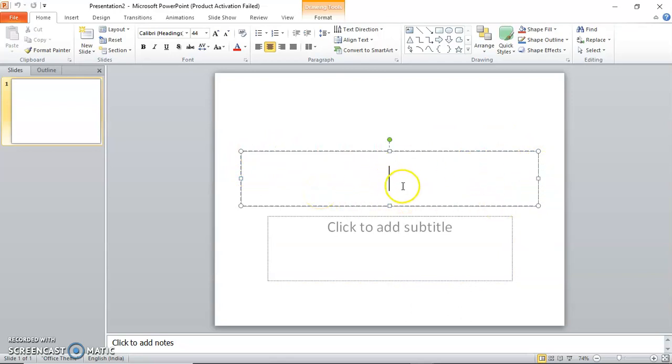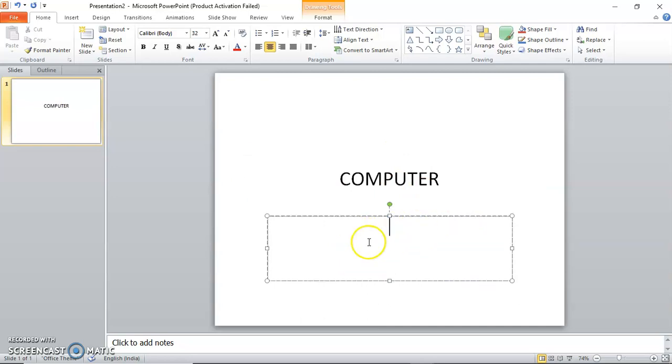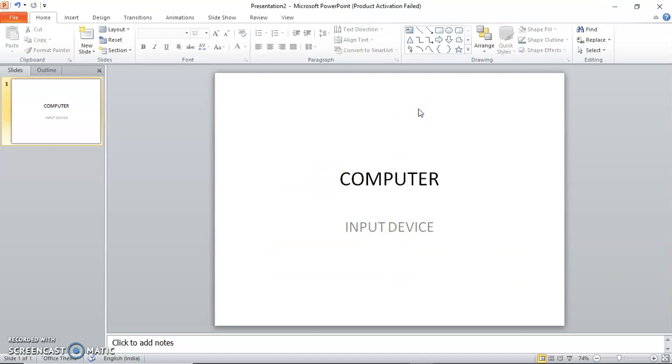We type text in the placeholder. For example, you can write here also.